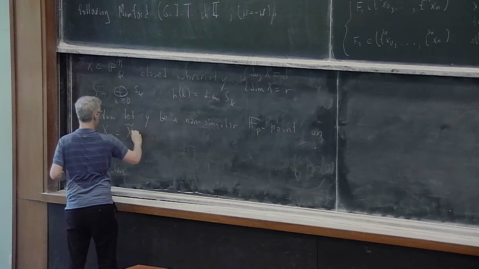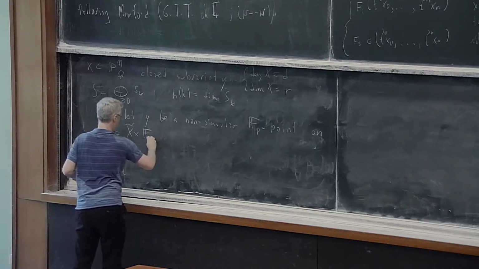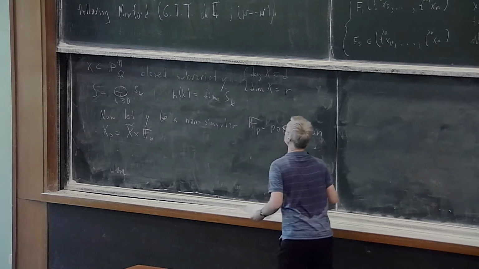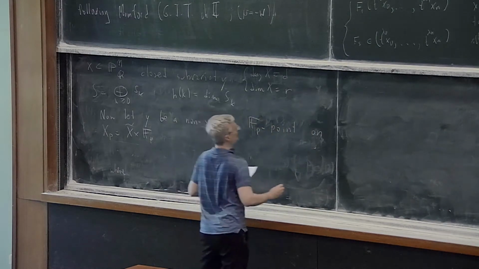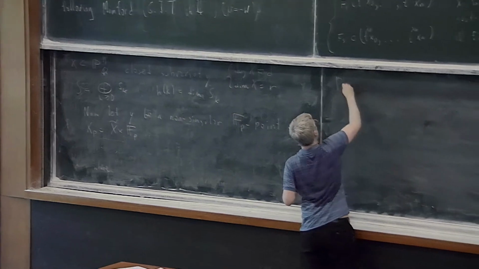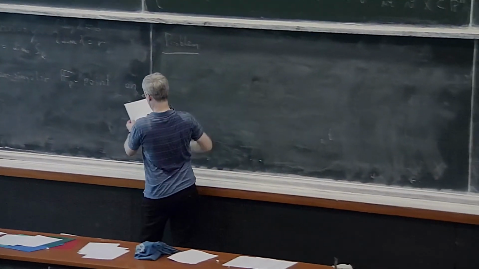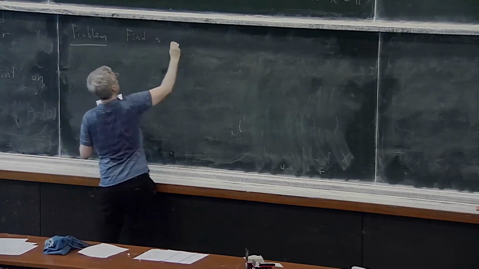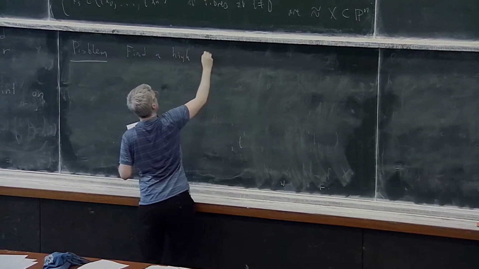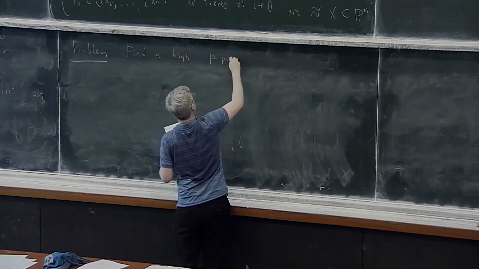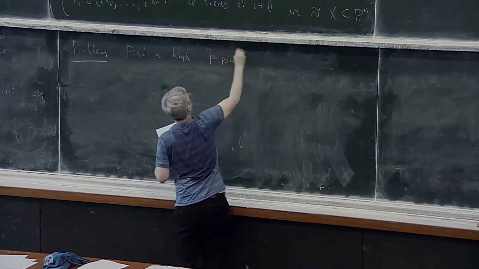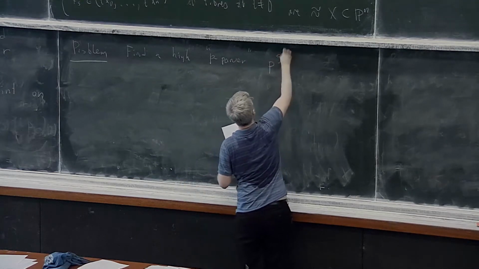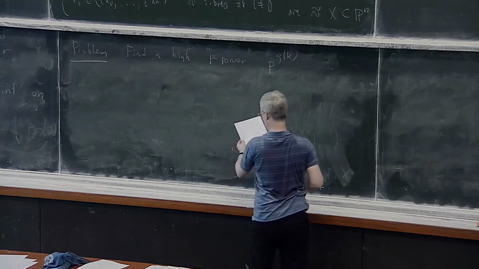So this is a scheme theoretical closure then, which I reduce modulo p. So the problem now I'm interested in is the following. Find a p-power, as high as possible, p^{j(k)}, with